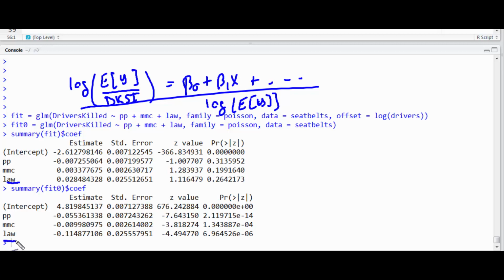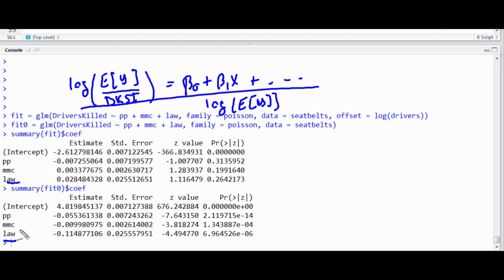In contrast, this one is considering what happened to the total number of drivers killed comparing before and after the law was enacted. Both of them are interpreted on the log scale, and of course you want to exponentiate them